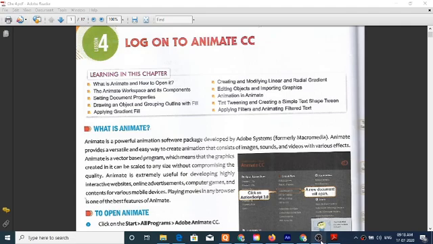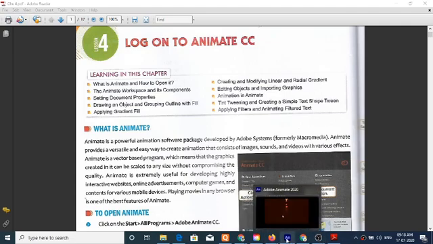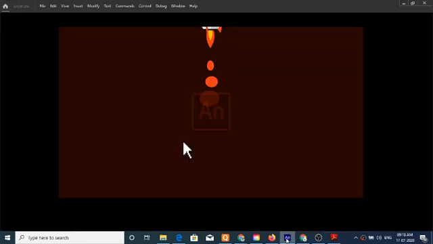Now, how to use this and how this software looks. This is Animate software.